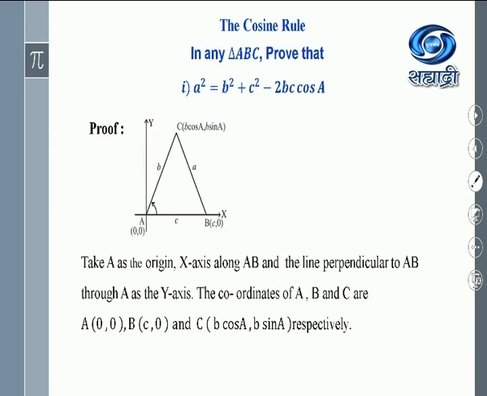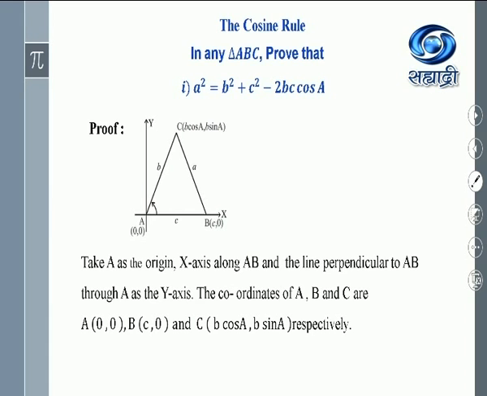Now, this is very, very important. The coordinates of the vertex C are (B cos A, B sin A). How to find this, last year you had done in the trigonometric functions, in the circular functions. If OP makes an angle theta with the positive direction of the x-axis, right, and OP is equal to R, then the coordinates of point P are R cos theta and R sin theta. Last year you had done this. This is the definition of circular function or the trigonometric function you can say.